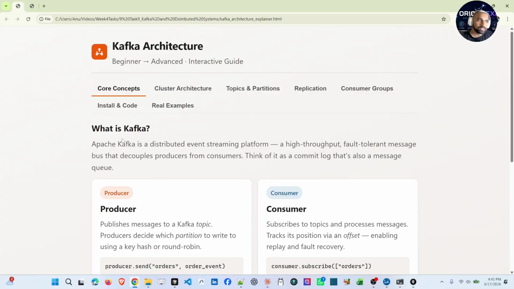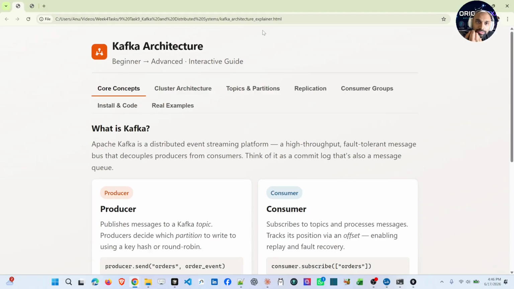Let's see the core components. Kafka is a distributed event streaming platform, as I have already said. Apart from being an event streaming platform, it is a distributed event system. That means these events will be stored persistently in the data store, on the underlying hard disk. We can go back to previous history, whether one week back or one month back. That will depend upon how much data we are retaining.